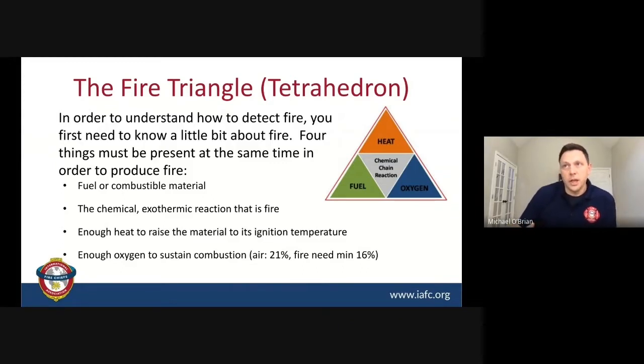Now, Andy, one of the things I think about is fire prevention. Sometimes we've got to understand that fire tetrahedron, right? Because we truly hope with our fire alarm systems that it's trying to keep that fire small so that early notification helps us. But when you look at the tetrahedron, we have fuel, heat, that chemical chain reaction, and oxygen. So we have to have a source of ignition, a material that can be ignited, and enough air to sustain that fire. And when we put them all together, we have a fire.